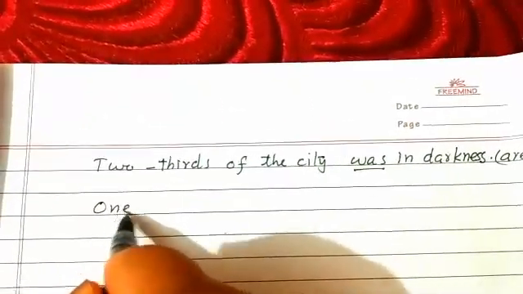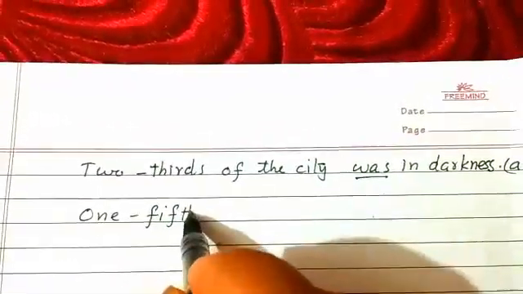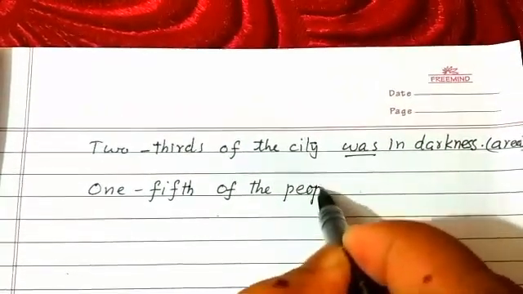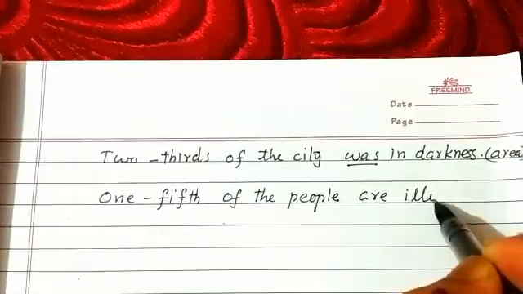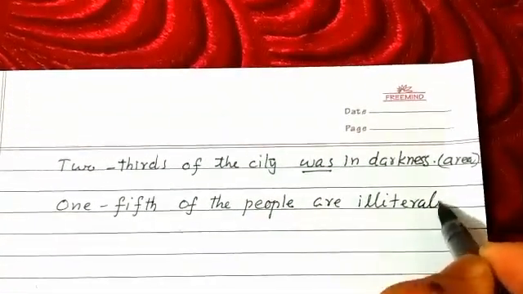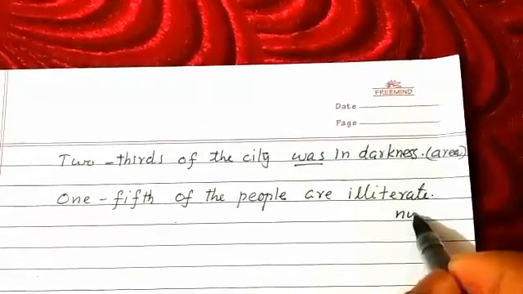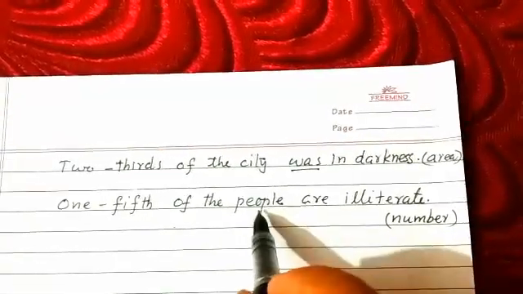Another example, 1/5 of the people are illiterate. Here we are talking about number. So here people